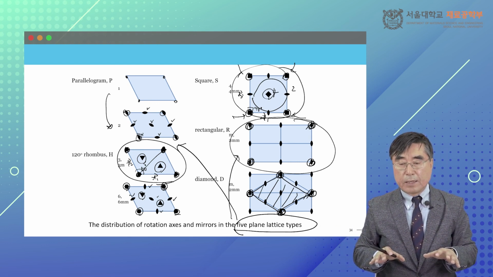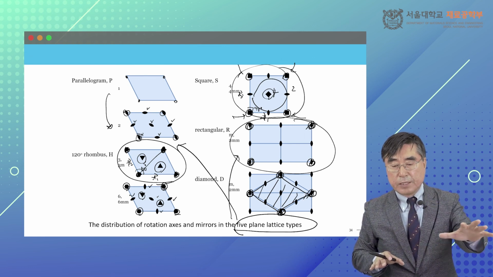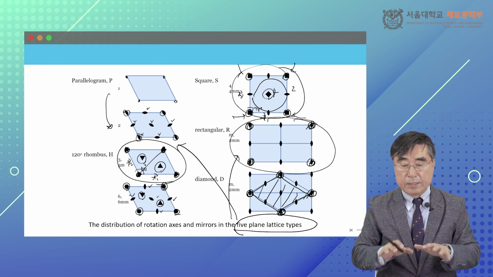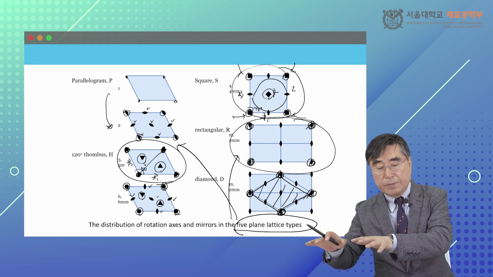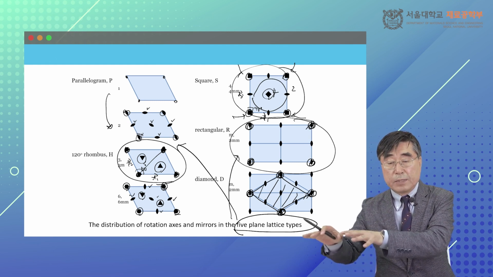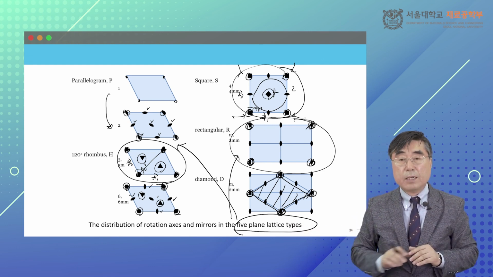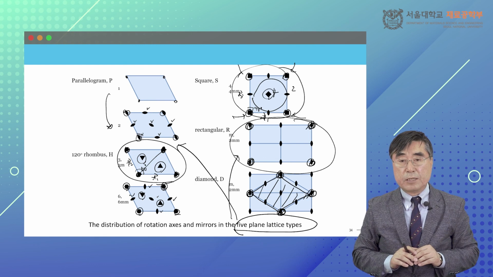And what kinds of symmetry are generated in this plane net is the basis that we derive the 7 crystal systems and 14 Bravais lattices in the next lectures. Okay, I'll finish my lecture